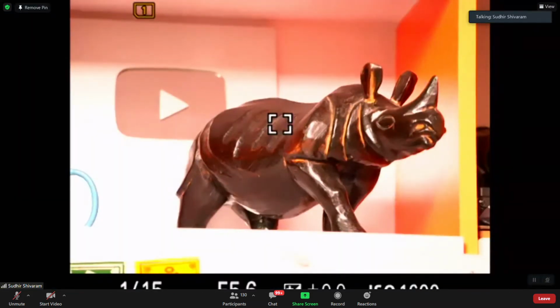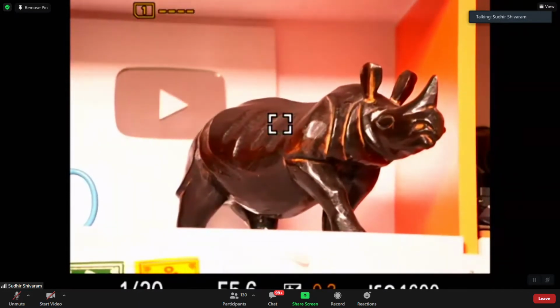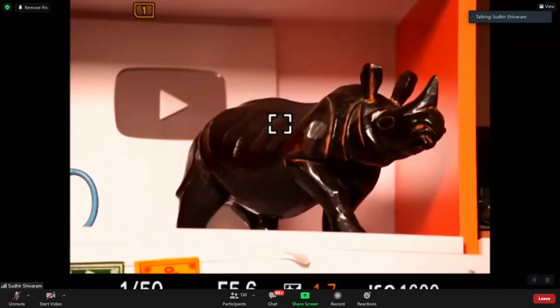Okay, so here as you can see, it's more bright since it's a darker subject. The camera exposes for the medium tone, and this is where I have to underexpose. Look at the exposure compensation down there changing. I have to underexpose to get back the right tonalities. So this is how it works.